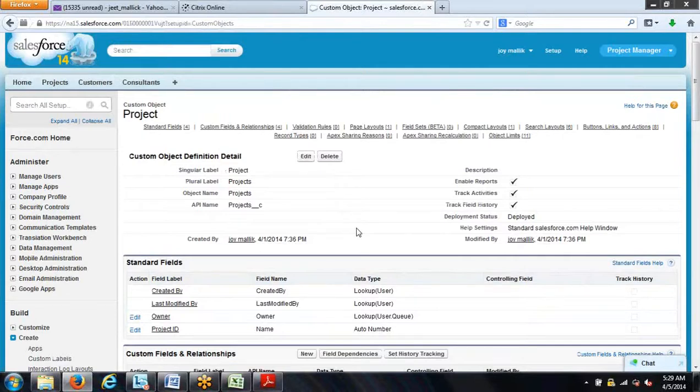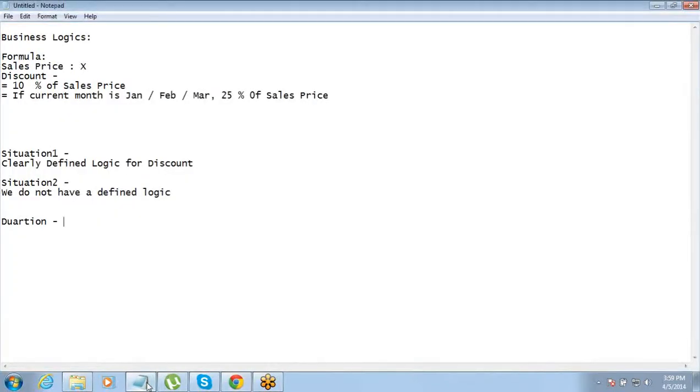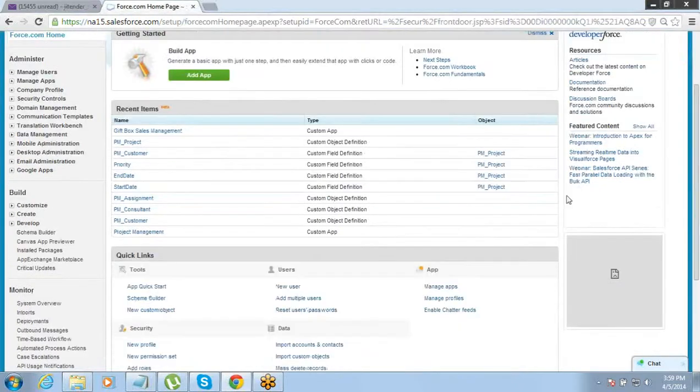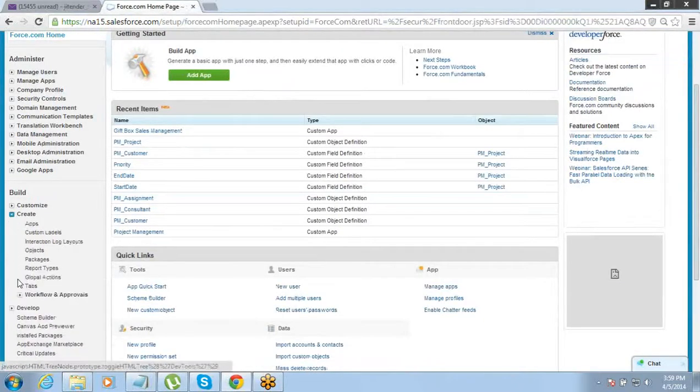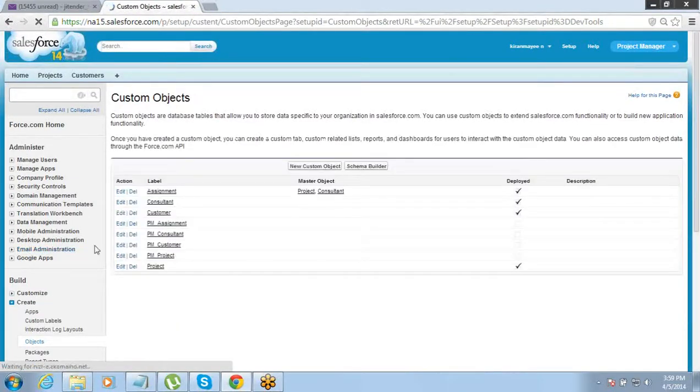So we have the project object here, and for the project object we have a few further requirements. We want the duration field to be there. Let's go to setup, create, object. If you want to create a field, you have to go to setup, create, go to that particular object, and from there you can create the field.